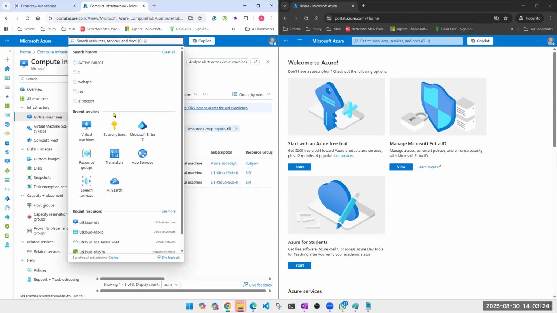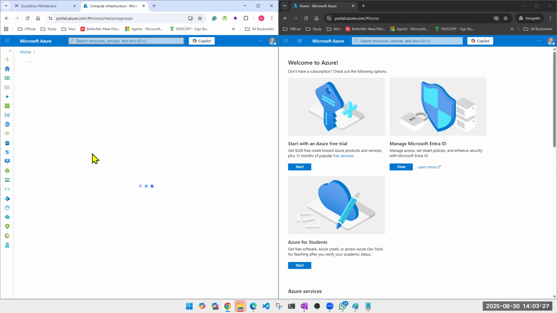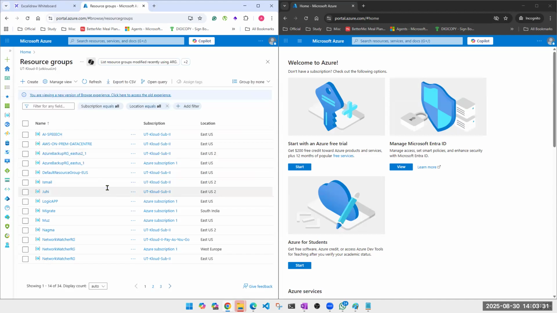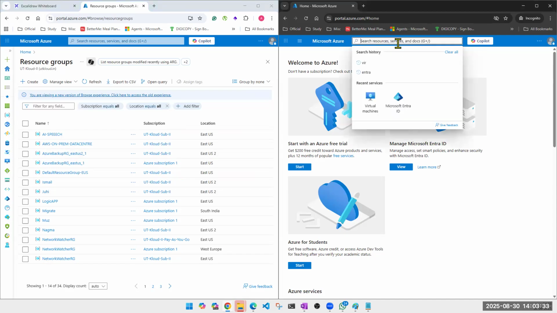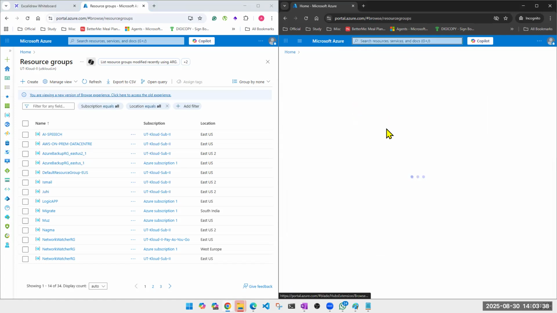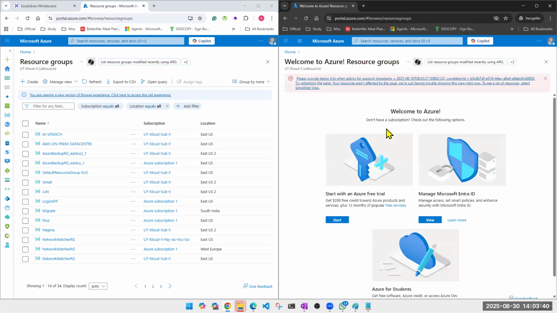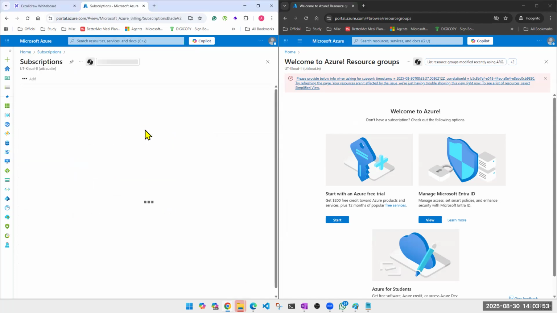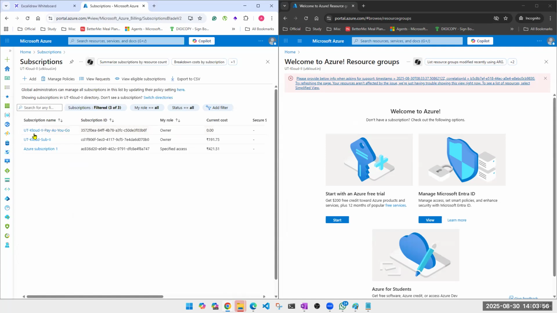Can we check resource groups? How many resource groups do I have? I have these many resource groups. Forget virtual machine. Can he at least see my resource groups? Let's see. Can he see? No. So just being a part of the company isn't enough, guys, right? You'll have to have access on the subscription. Now I will go here and add him to one of my subscriptions. Just one, not all of them.